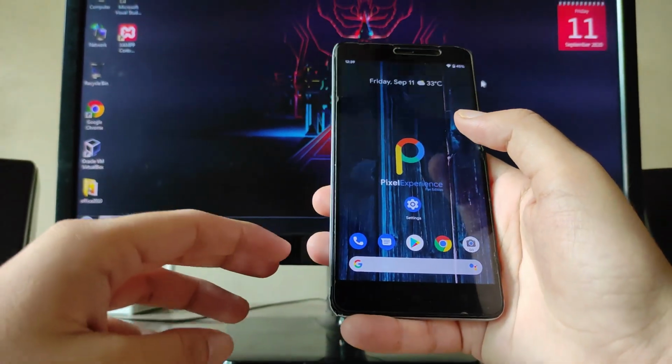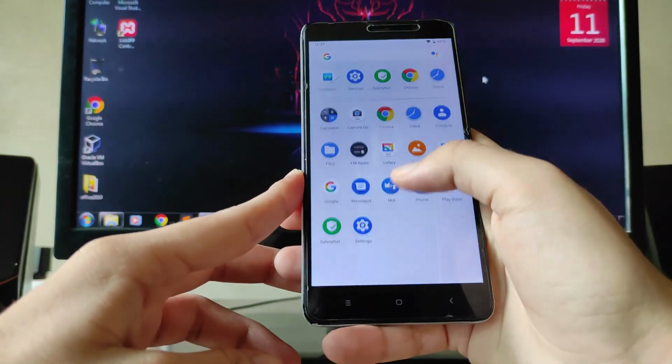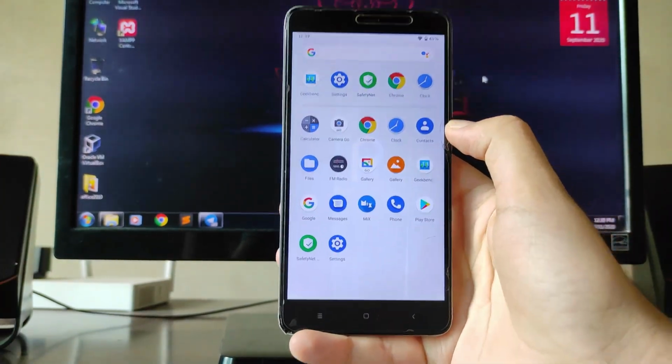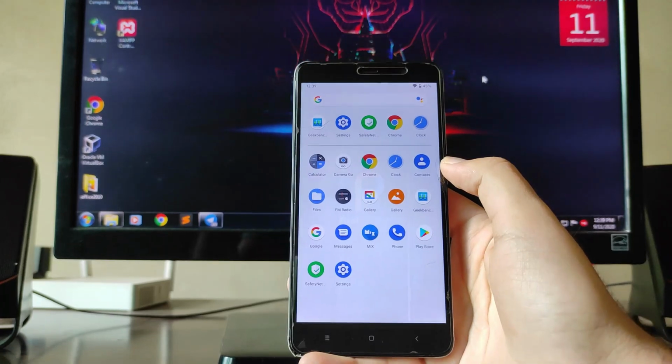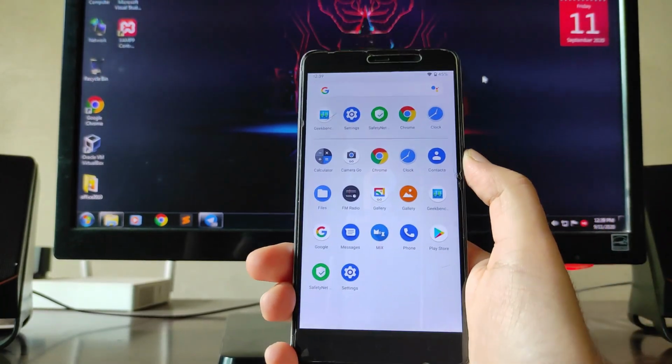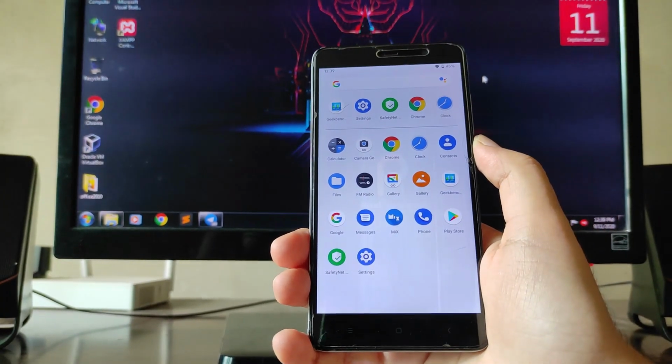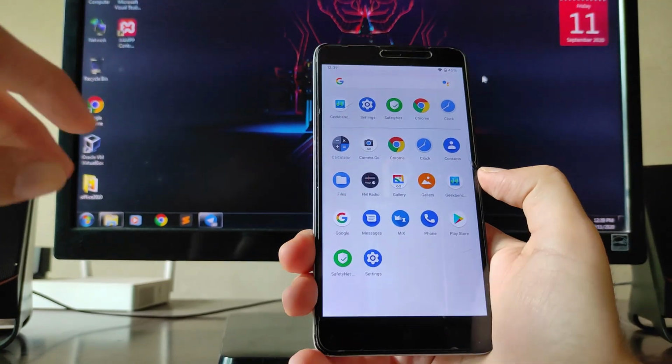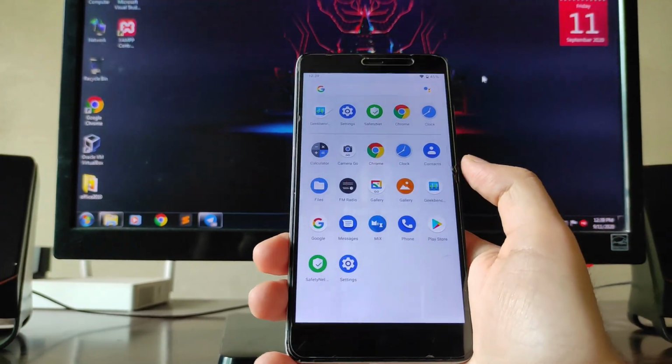Okay, so guys, now talking about the bugs here. The bugs are present, as usual, all the Android 10 bugs, the lock screen bug, the black screen bug, random reboot, each and every bug here is present, and there is a new bug present here. I'll just show it to you.